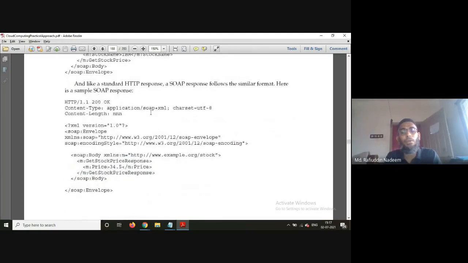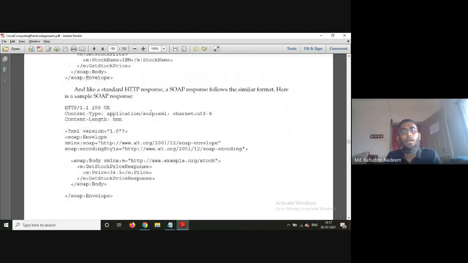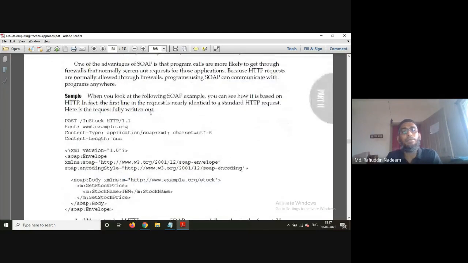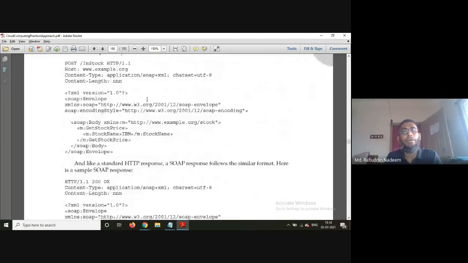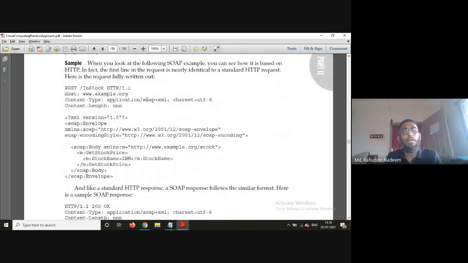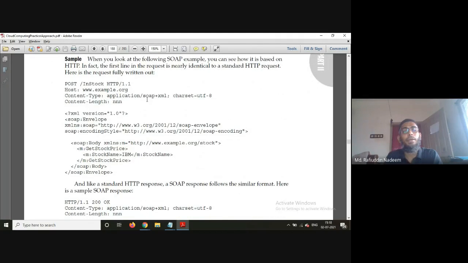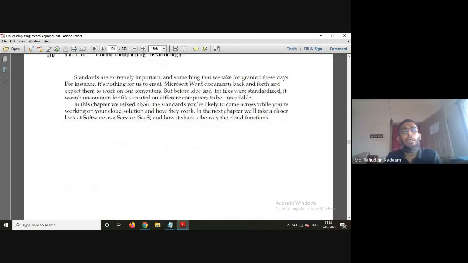So this is a sample code which is given here. If you are aware of XML, you can understand it very well. And finally, for communication, generally we need to have some standards, and we have actually discussed the standards in our